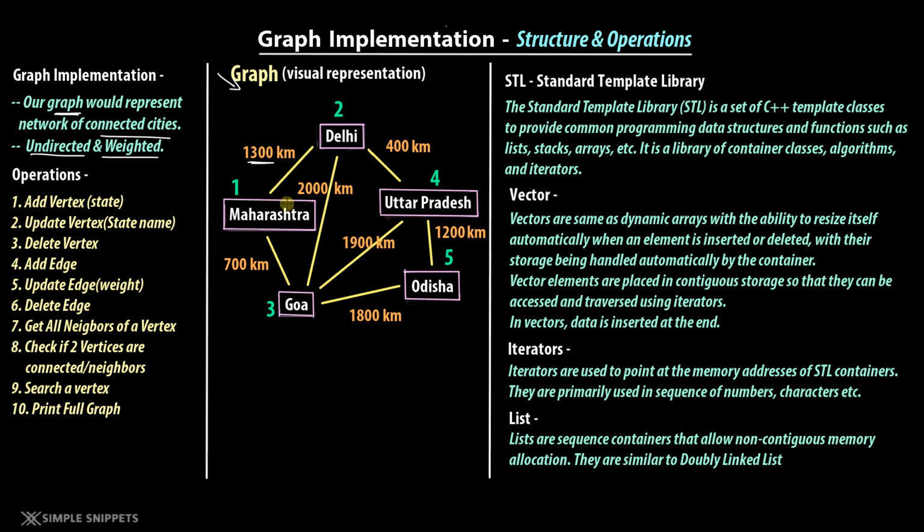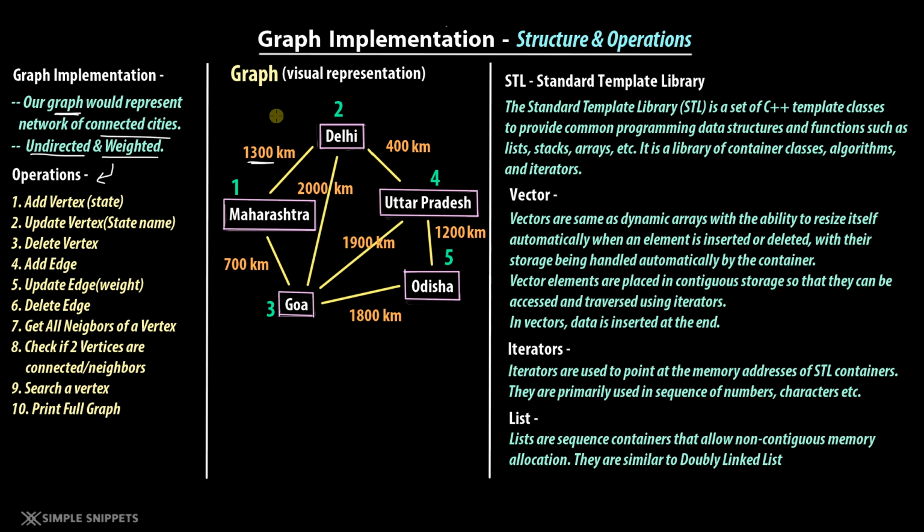You can have a graph of connected cities via air routes and so on and so forth. So there are many other use cases, but we are taking this for our understanding purpose. Alright. The next thing is, what are the different types of operations that we want to implement? Once we go through the entire understanding of our graph requirements, at the end of this video, we will also go to the C++ IDE and start with the basic structure of our program. So make sure you watch this video till the end, don't skip any part.